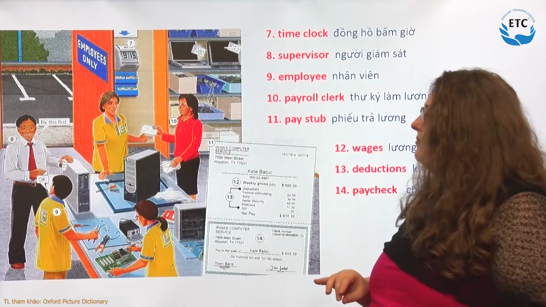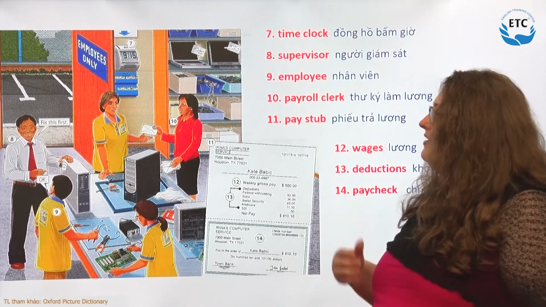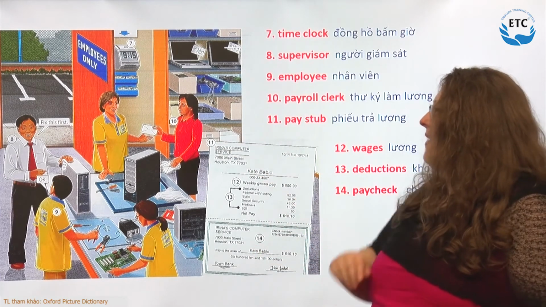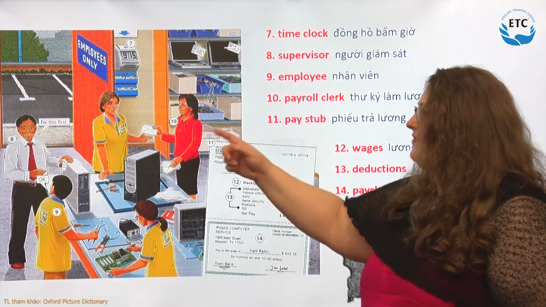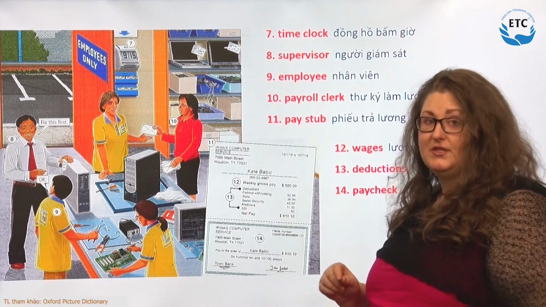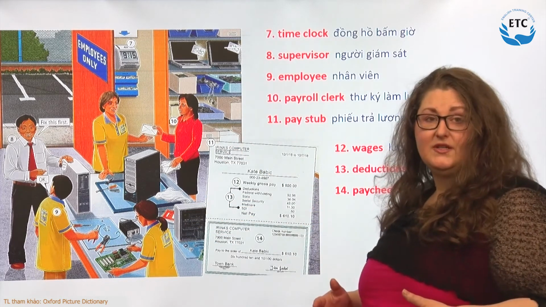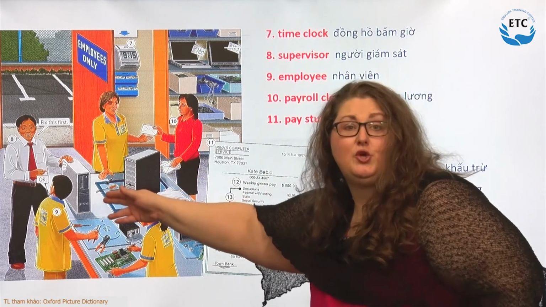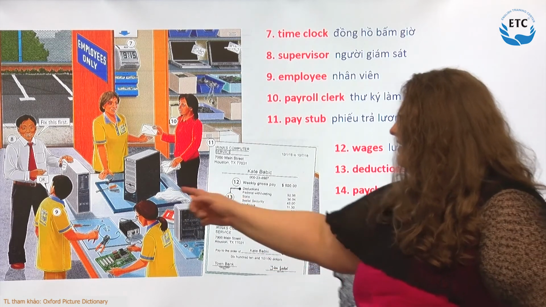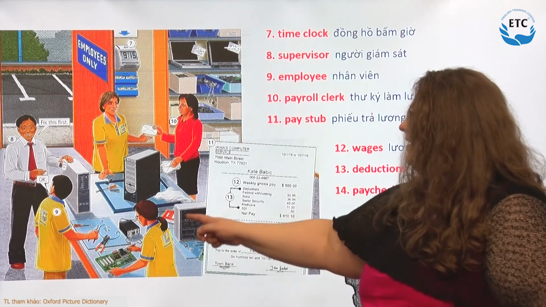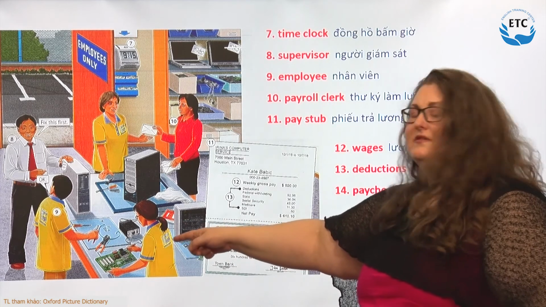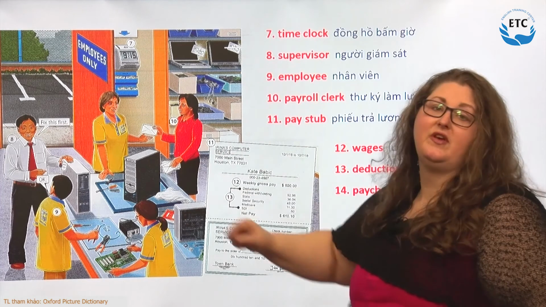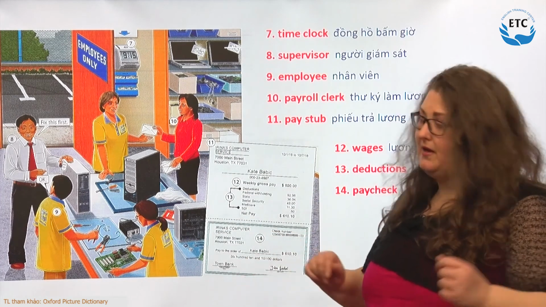All right, so what is happening? It looks like it's payday, right? The payroll clerk is giving all the employees their wages, and the supervisor is speaking to one of the employees and asking him to make this CPU a priority. And this employee right here, she's fixing something. So one person's getting paid, but we also see that she has a bunch of envelopes. So that means everybody's getting paid.